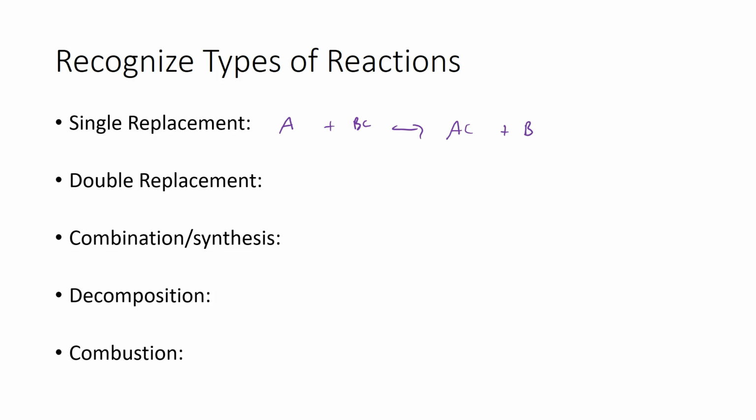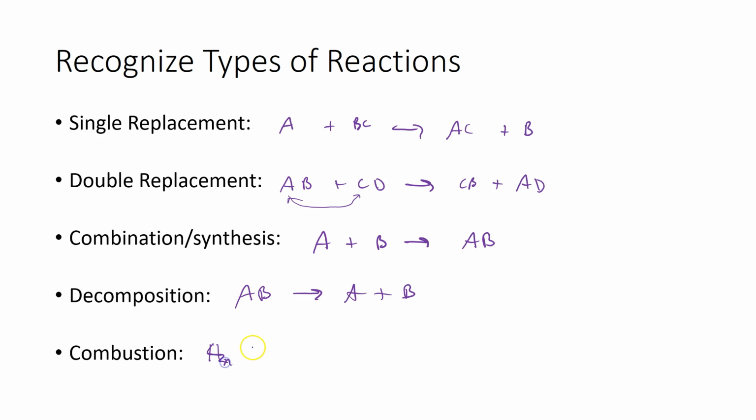Okay? In a double replacement, we have two compounds. Okay? And essentially, the two cations, or you could say the two anions, replace each other. So in this case, I would get CB plus AD. Right? Now, in a combination or synthesis reaction, I'm taking two individual pieces and putting them together. So I'd be taking like element A and element B and creating a compound out of it. Decomposition is essentially the opposite. I have a compound and I split it up. And then a combustion is a